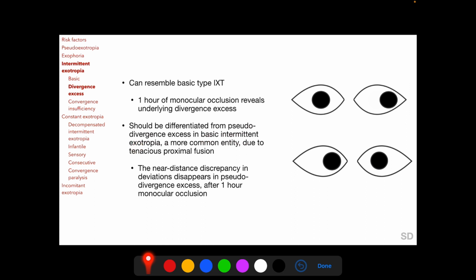In this situation also, following 1 hour of monocular occlusion, the near distance discrepancy due to tenacious proximal fusion disappears in pseudo-divergence excess but does not disappear in true divergence excess. So 1 hour of monocular occlusion can help in distinguishing between true divergence excess and true basic type of intermittent